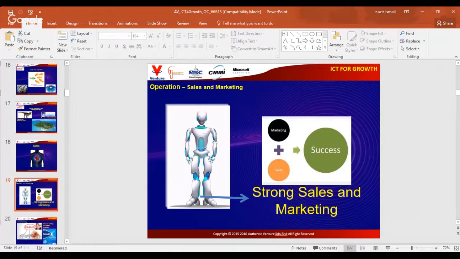If, for example, your product development cost is higher than your sales and marketing, then something is not right. When I went to the US, I asked some of the companies in Silicon Valley, and it's quite striking. According to them, they spend 3 or 4 times more on sales and marketing than on product development. So if you are still spending less on sales and marketing, then I think